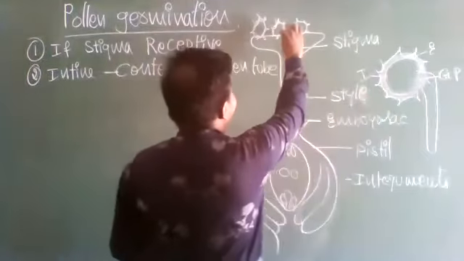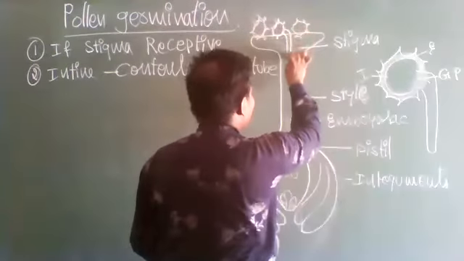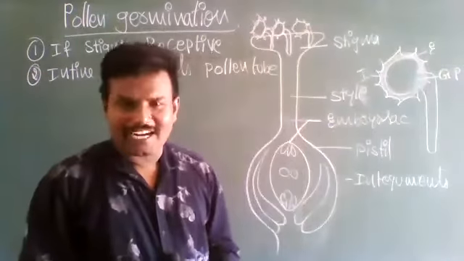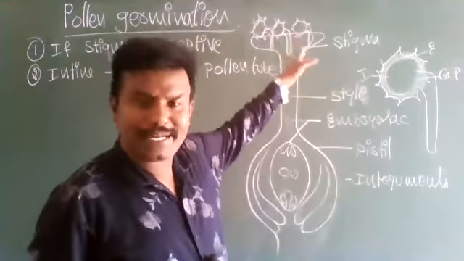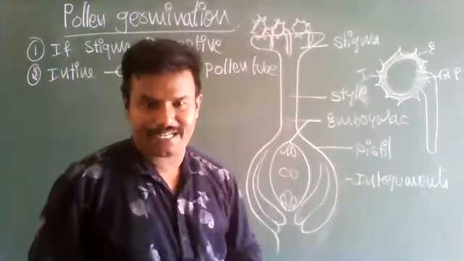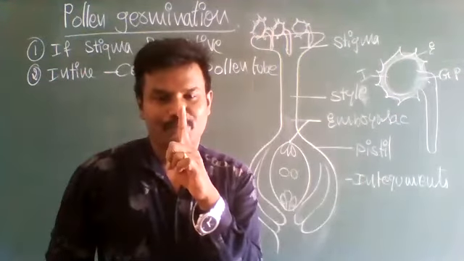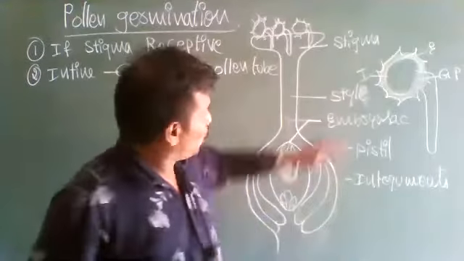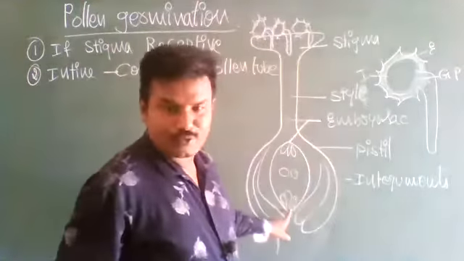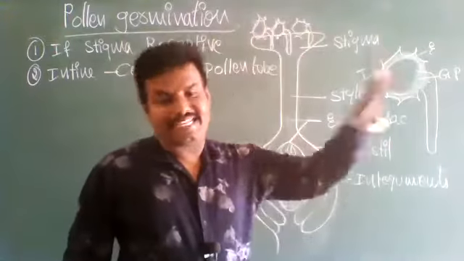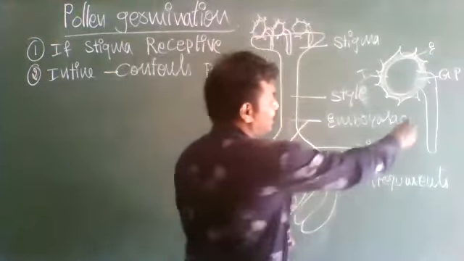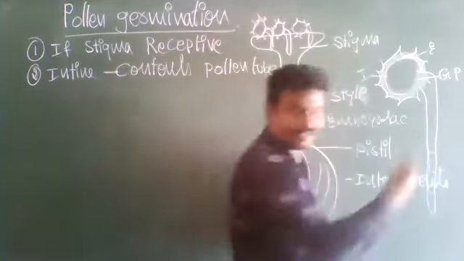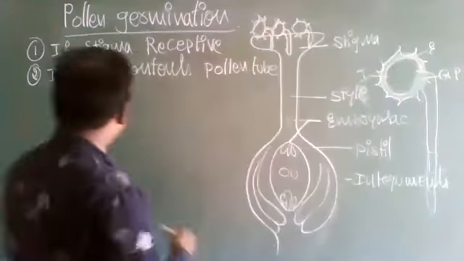Here what happens is, like this way, pollen tubes form. In almost all the species, almost all the pollen grains will germinate, but only one pollen grain will take the upper hand over the remaining pollen grains. So only one will reach the ovule. The rest of the pollen grains degenerate. So like this way, it gradually germinates. That is the second point.